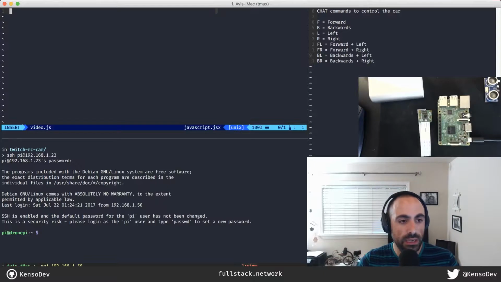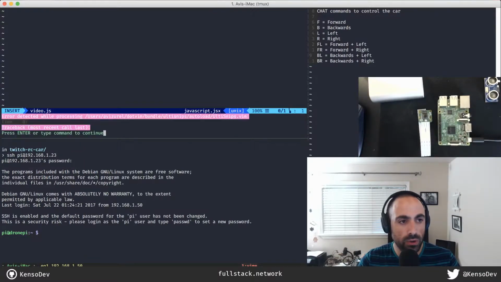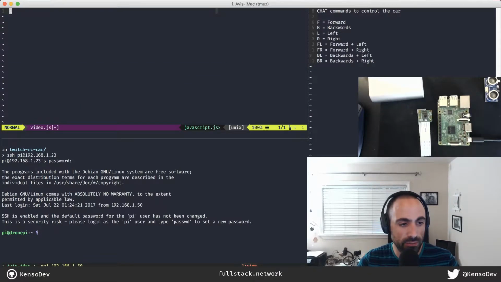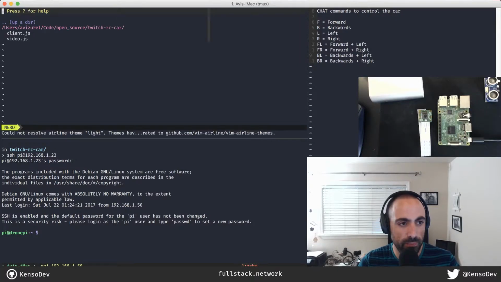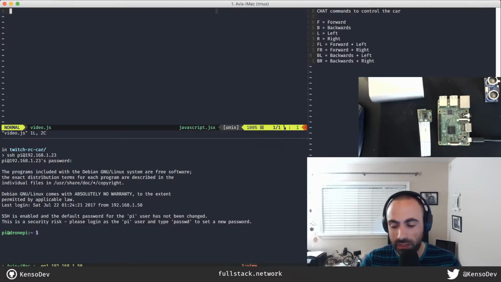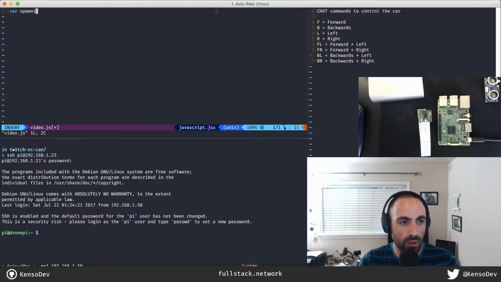All right, so let's go ahead and create this video file. Oh, I did VI again out of habit. Let's do Vim, and we are going to create video.js. Great. And we are going to say var spawn equals require